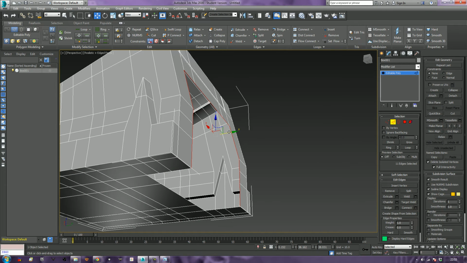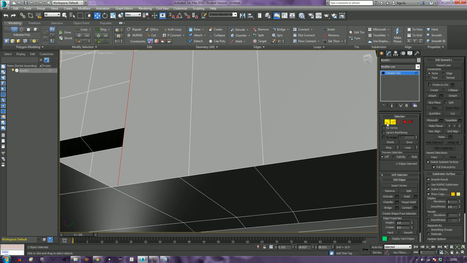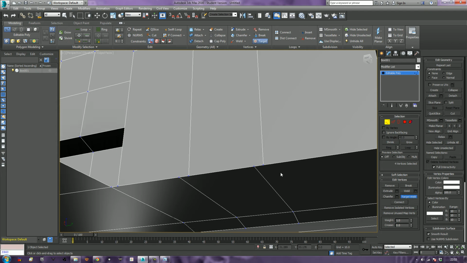And then I'm going to do 3 back. 1, you may notice I'm not quite going all the way back. 2, oh, he's still not going all the way back. What's he doing? 3, that's right, I'm living life to the max. Reason being, rather than welding these, this will give us a chance to use target welds. So if I click target weld now,